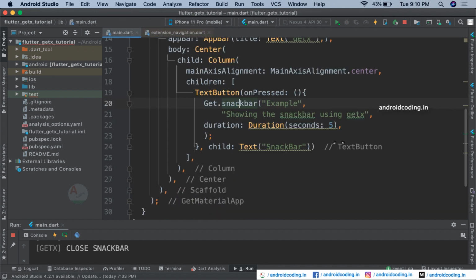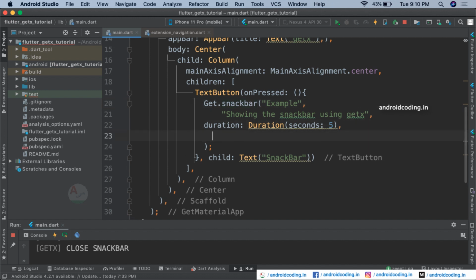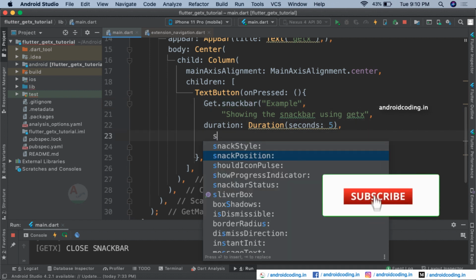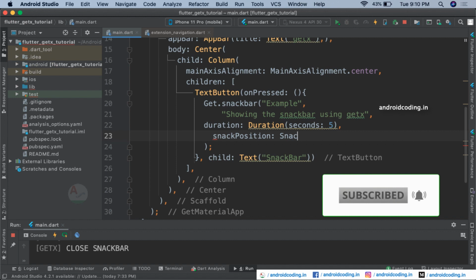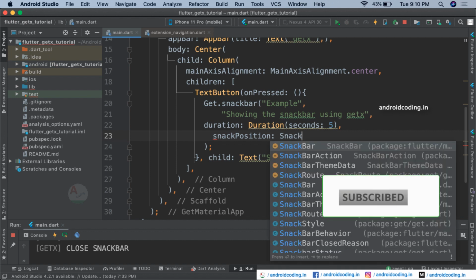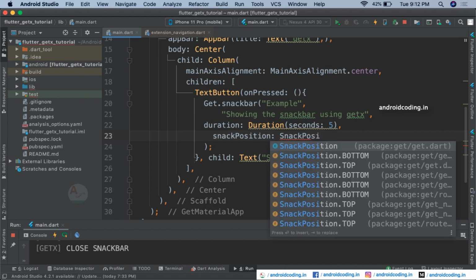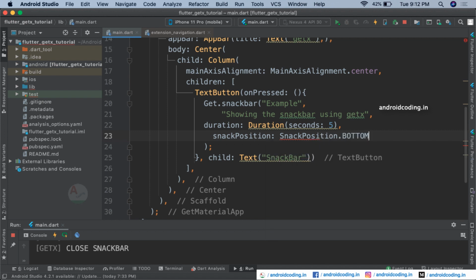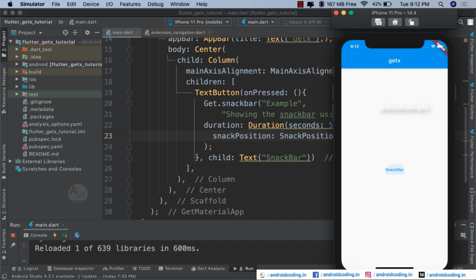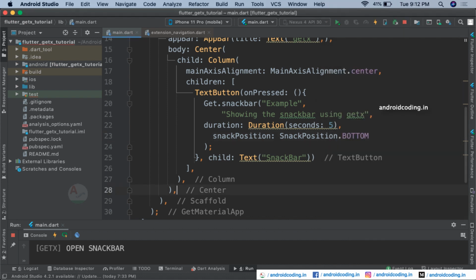So now let us make use of it. Here you can see we have snack position top, bottom. Let us select the bottom and refresh the code, and here you can see we are now able to get the snack bar from the bottom.